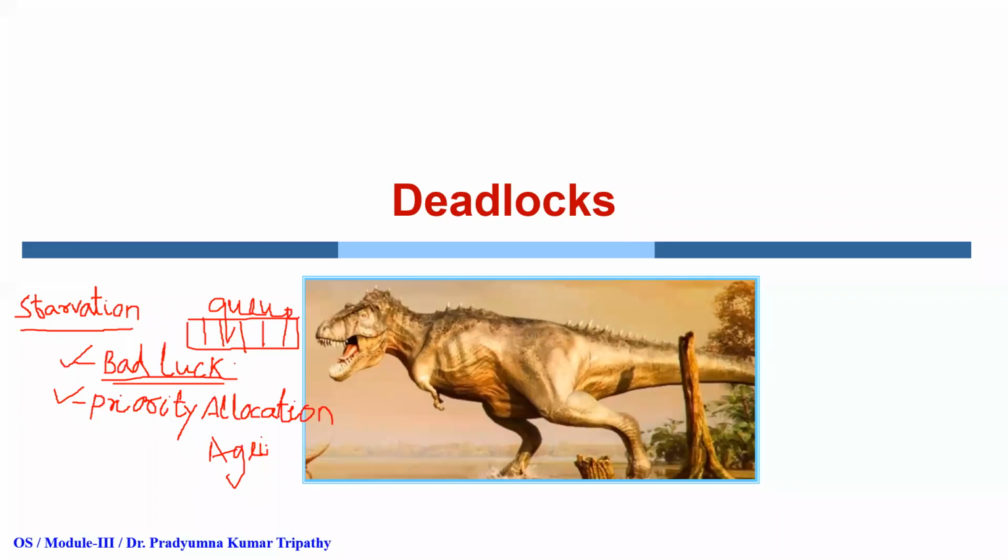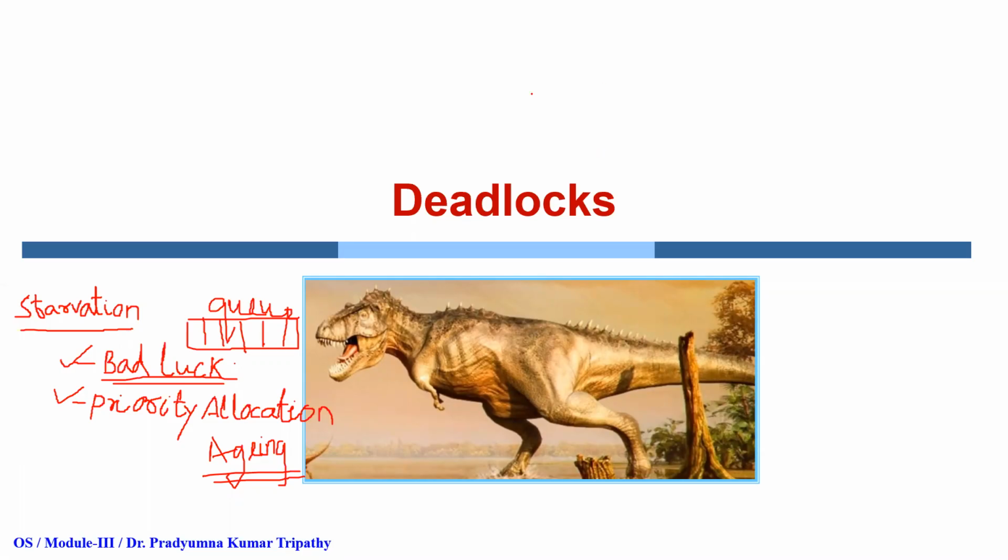I already told you what aging is. Aging is the process of gradually incrementing the priority of the process. So now suppose a student is making a request and has the lower priority, but after continuous two or three denials, his priority may be increased. So if he or she is denied, again the priority will be increased. After a particular number of denials, the priority of a process may be increased.